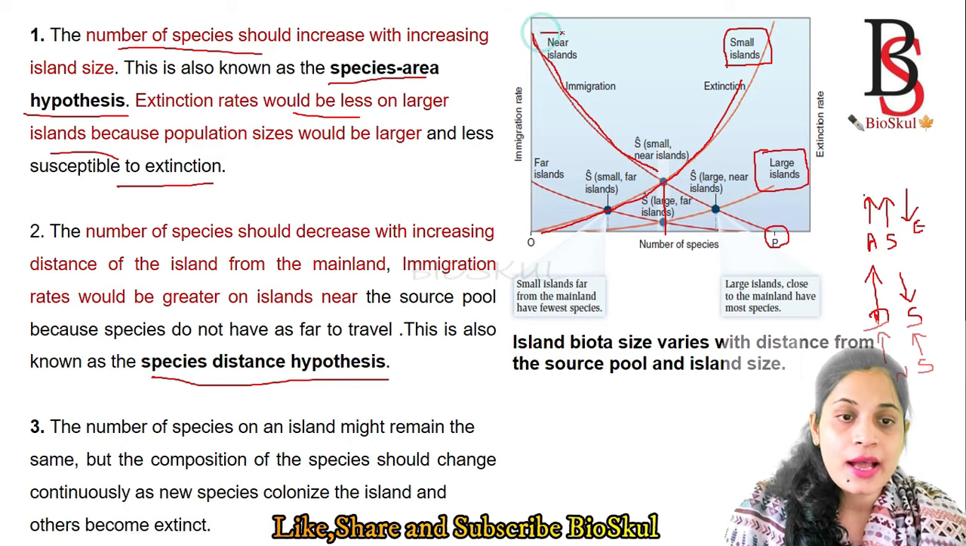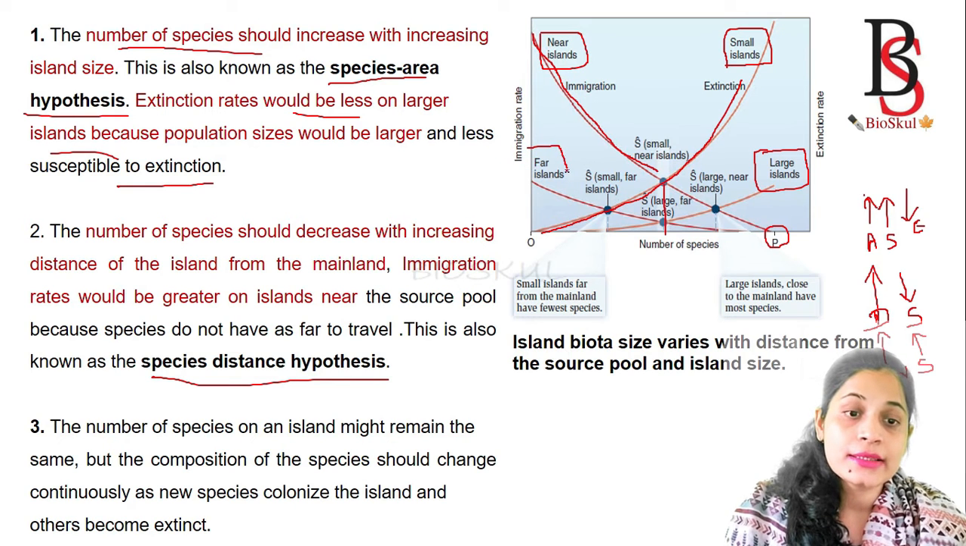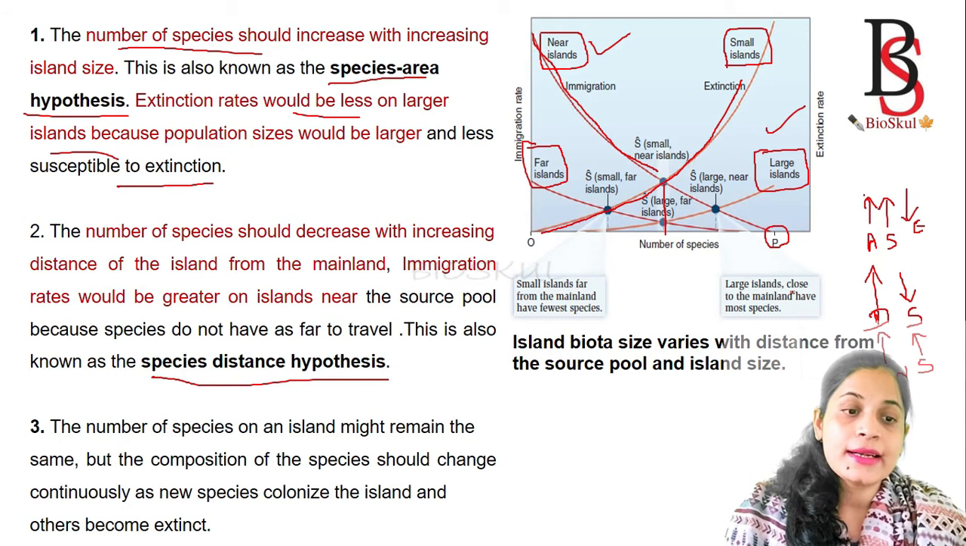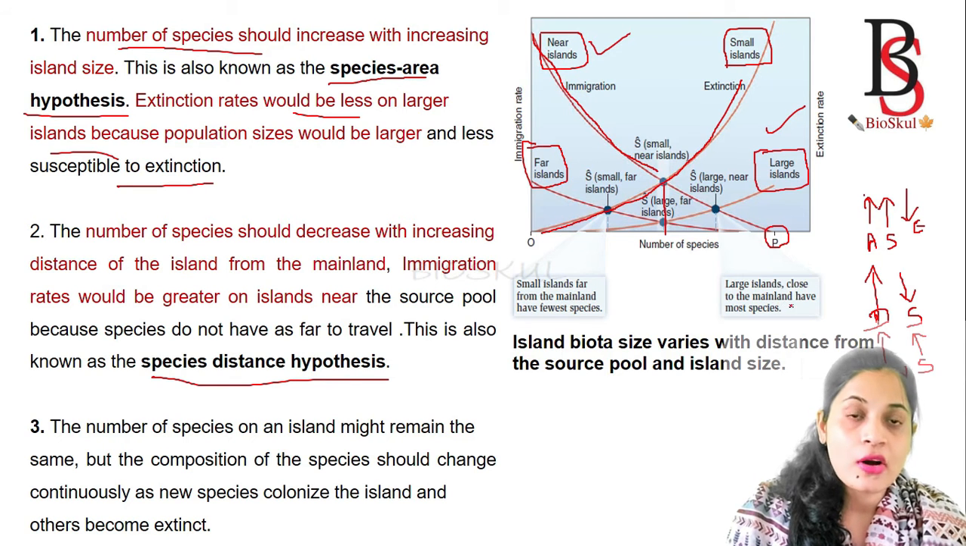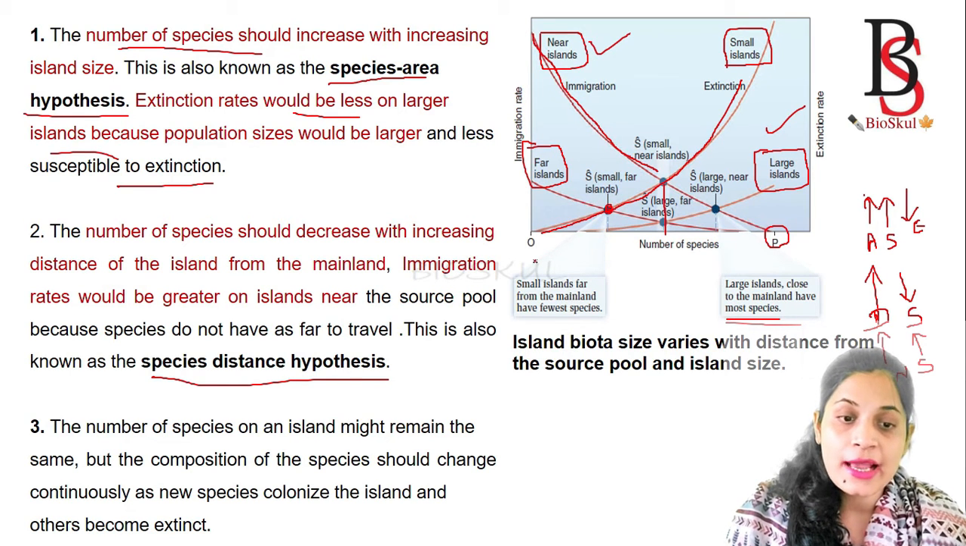If the island is larger, then the number of species present will be more. Similarly, if the island is near to the mainland, then the number of species will be more. If the island is far away from the mainland, then the number of species will be less. So we can say that large islands and islands close to the mainland have the most species, and small islands far from the mainland have